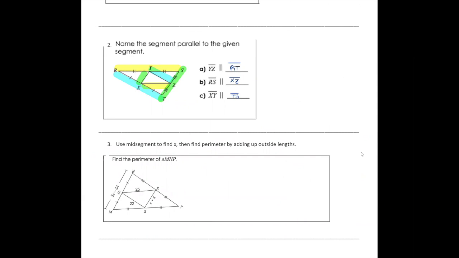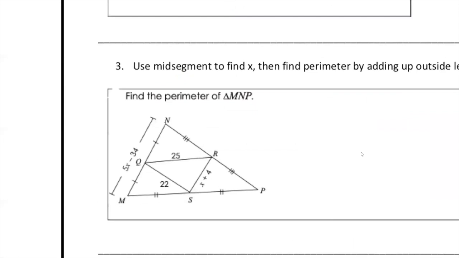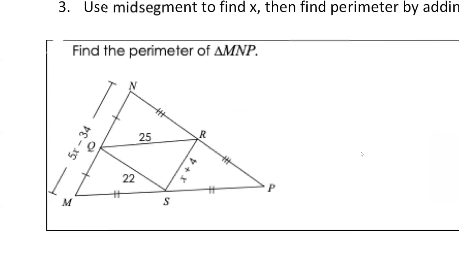Number 3, use midsegments to find the value of X. Then find the perimeter by adding up the stuff on the outside. So we're going to find X. Then we're going to find out what our perimeter is by adding up the distances around. So the numbers given kind of make it easy on us. When they just tell us the numbers straight up,